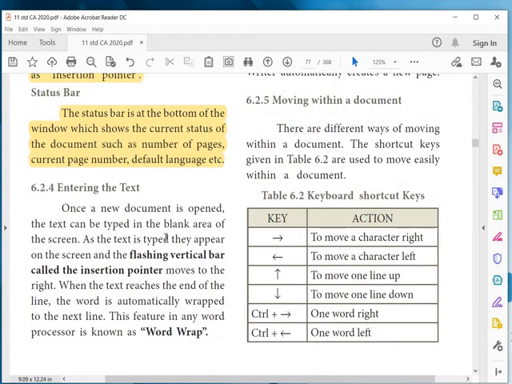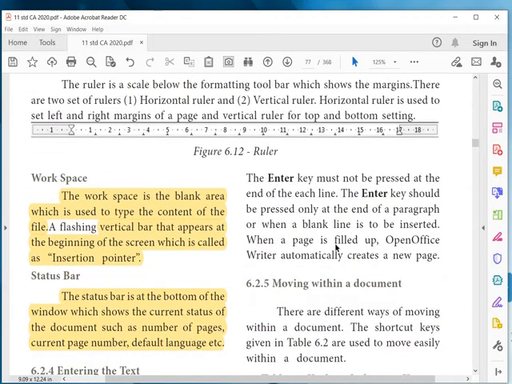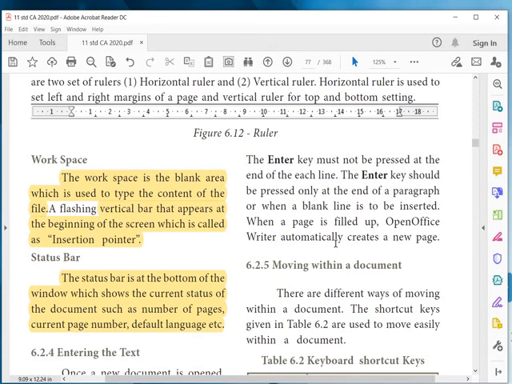Then you learned how to type the text. The flashing vertical bar is called the insertion pointer, and this feature has a word wrap. What does word wrap mean? If we keep on typing from left to right, when it reaches the right margin, the word will come to the next line without pressing the Enter key.